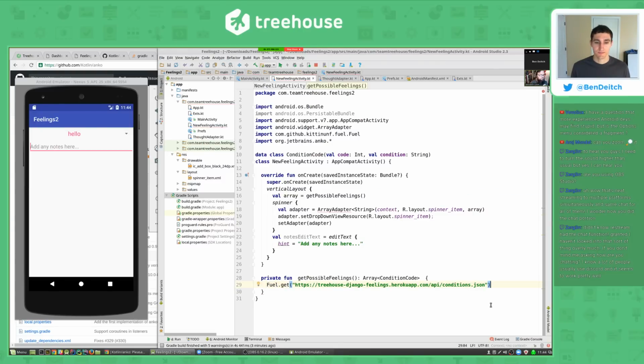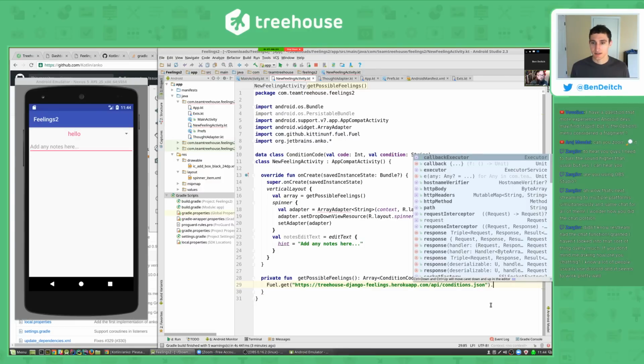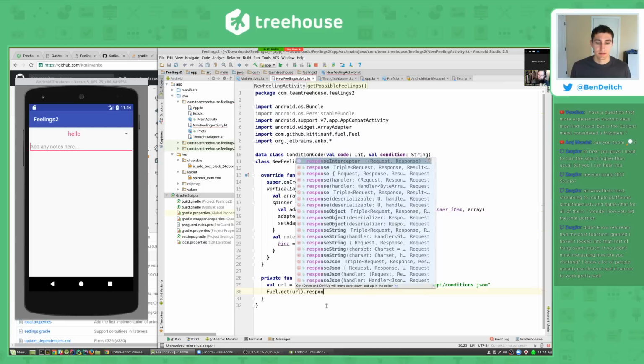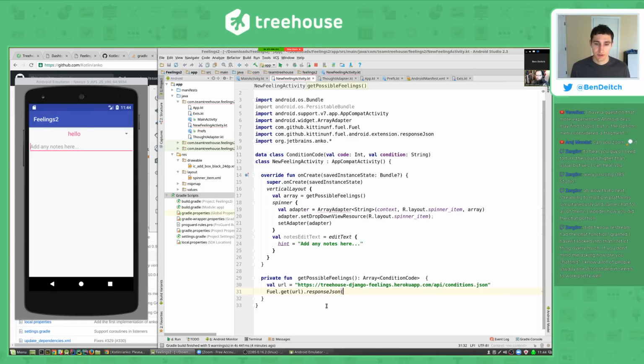Okay, so here's a cool thing that I figured out this week about the fuel library. Actually first, let's back up a step and just pull that out so it's easier for everybody to read. So if we put URL in here, it'll be a lot easier to read what's going on at the end of this line. So response JSON, and what we've been doing is handling our business inside here, and this is asynchronous. So it's going to do the stuff in here on a different thread, and instead I want to do it synchronously. So to do that, it looks like this,